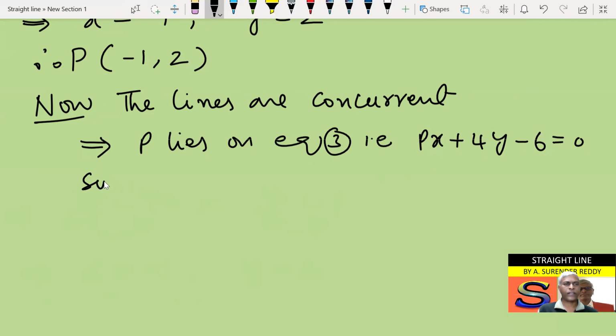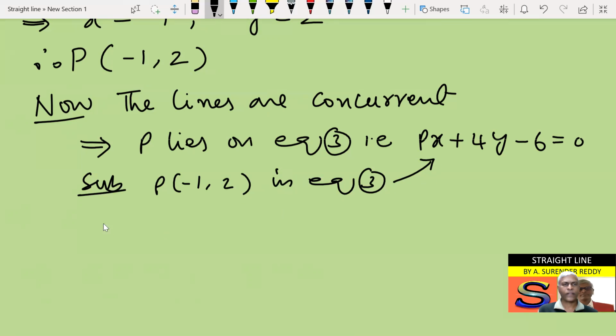So substituting P as minus 1, comma 2 in equation 3. So p into x value minus 1, plus 4 into y value 2. So that is equal to 6, minus p